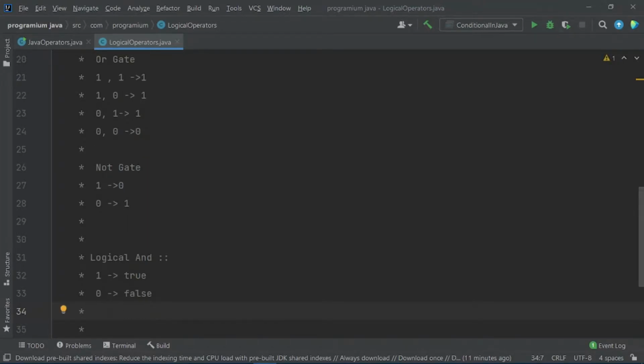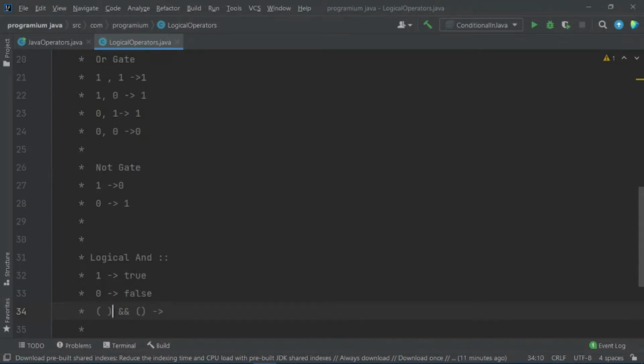So you have to remember these things here. What does this logical AND operator do? It just takes two values and returns the result. So guys, this is the actual syntax of our logical AND operator and how it works.